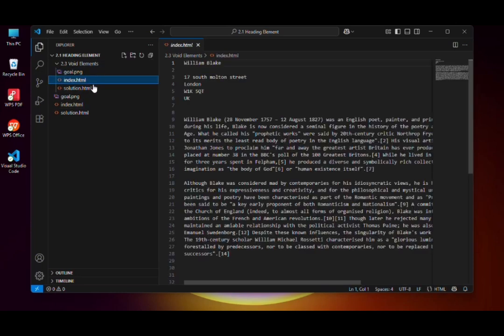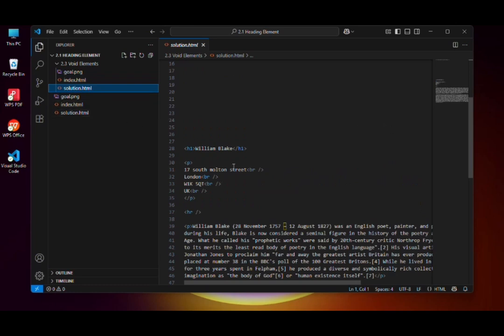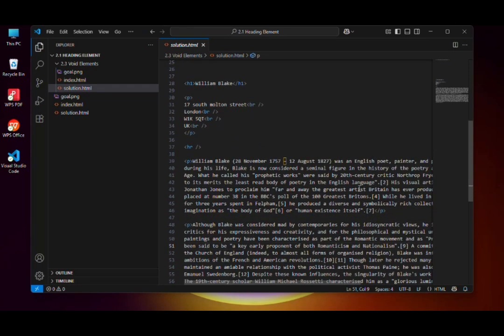So in today's lecture, we will apply all these tags. Like here is the given, you have seen that here is the h1 for the heading element and heading tags, and the p